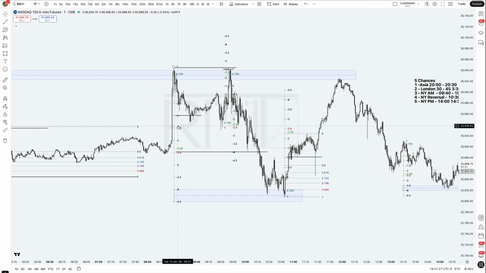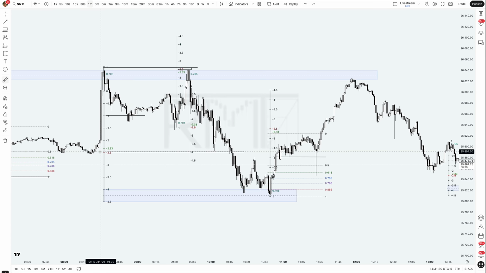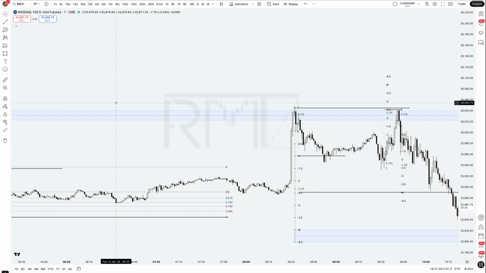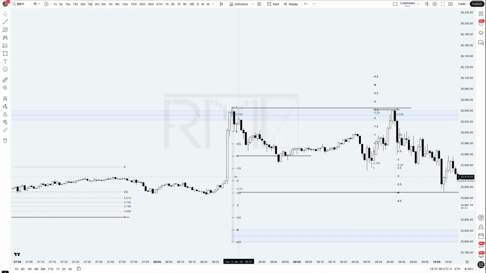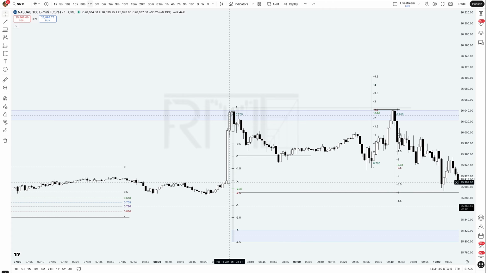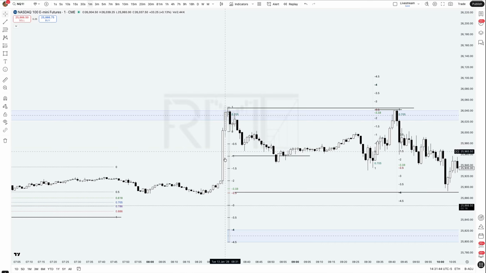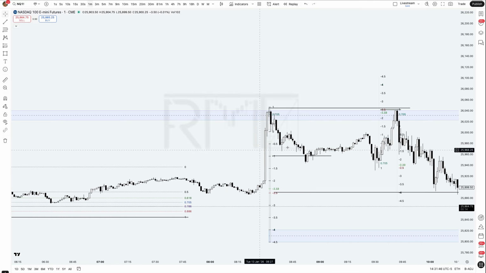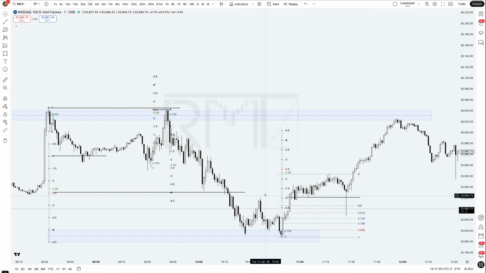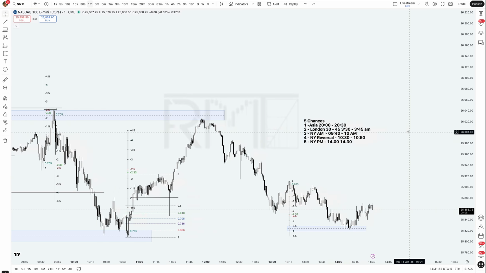Sometimes, okay, yeah, we got a nice move here, but that's gambling. If you don't know exactly what's going on here, you can maybe try to short and price goes against you 156 points, or you can try to take a long and make a nice move. But these are exceptions. It's not something that is going to happen every single day. And you can go back and test yourself, go to New York time, look into these time windows, and you will most likely see between these two time windows at least two